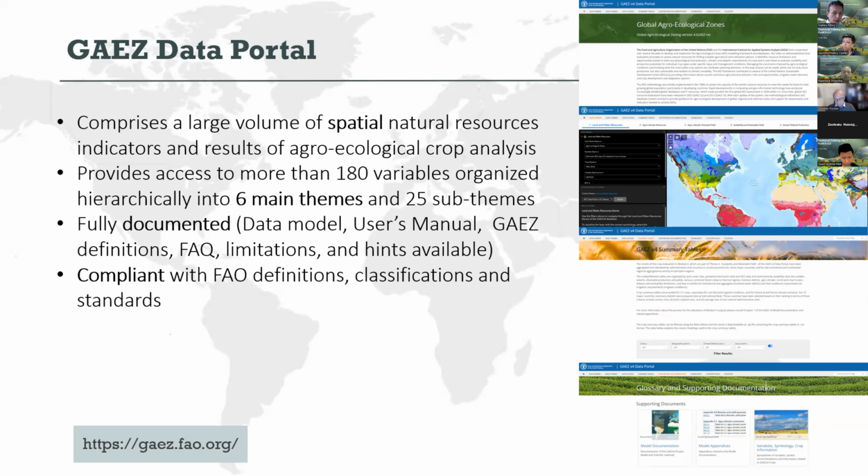So then you have about 180 variables, and these 180 variables can be taken into consideration whether at the global level, but also at the national level, when you are developing soil data, when you are developing land cover data sets, to take into consideration these variables, because 180 variables, most of the time, represent most of the needs for the different institutions who are in need of information related to land resources, but also agricultural production in the context of a changing climate.